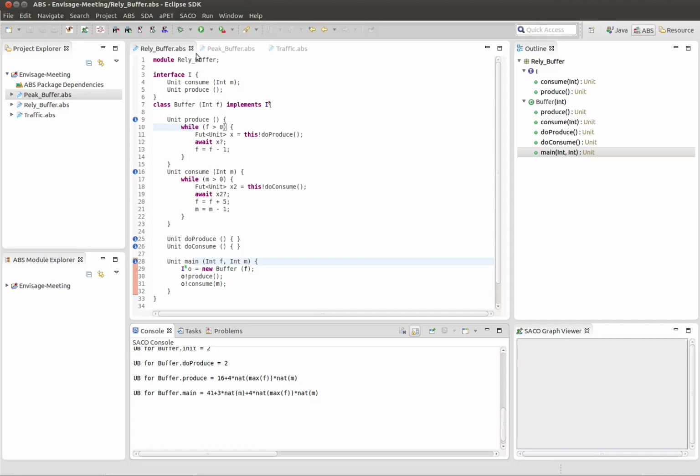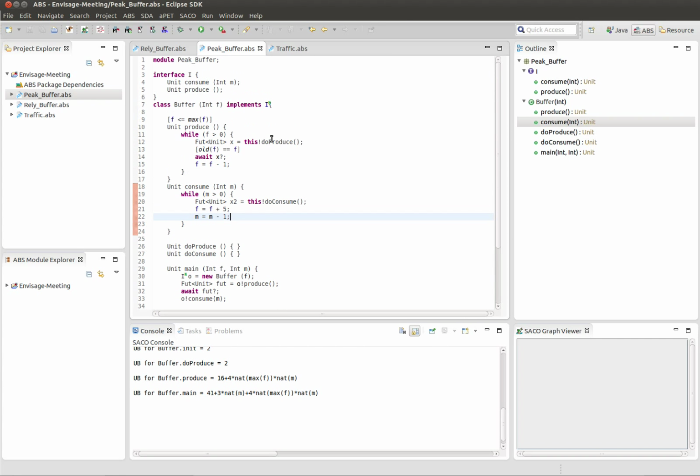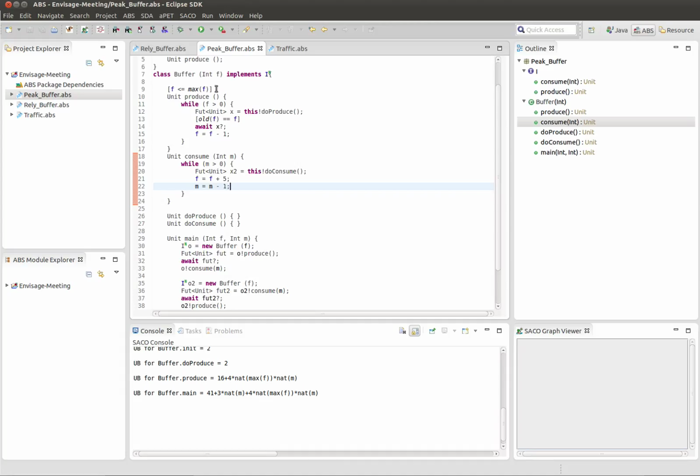Okay, so let's see now another aspect that we have developed in Envisage, and this is a small modification of the previous example buffer, in which we have the same produce method, but in consume we are not awaiting for the result for the termination of the execution of doConsume. So this means that we can have in the buffer many instances of doConsume,